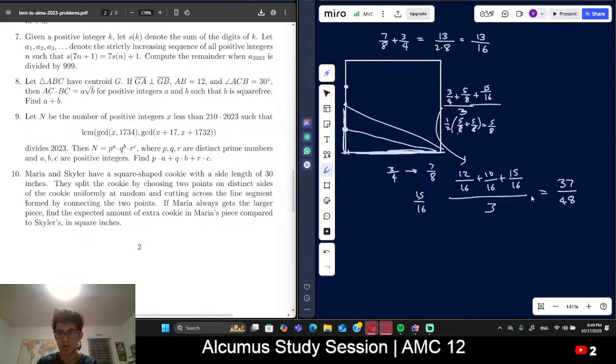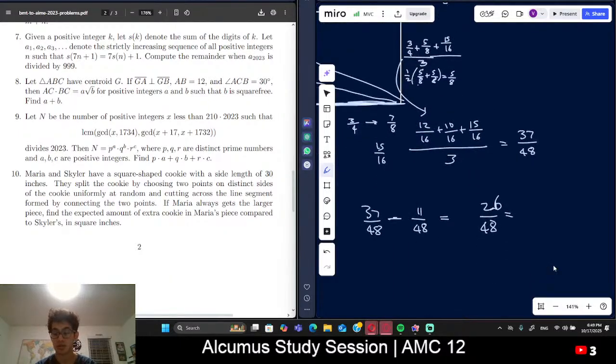And you are getting quite a bit extra. The other person is going to get, so it's 37 over 48, and the other person is getting 11 over 48. So the difference in this is 26 over 48, which is nothing but 13 over 24, right? And now our job is just to multiply this, which, hmm,